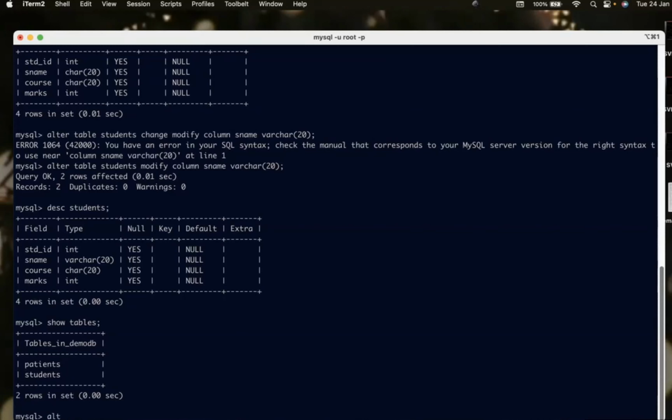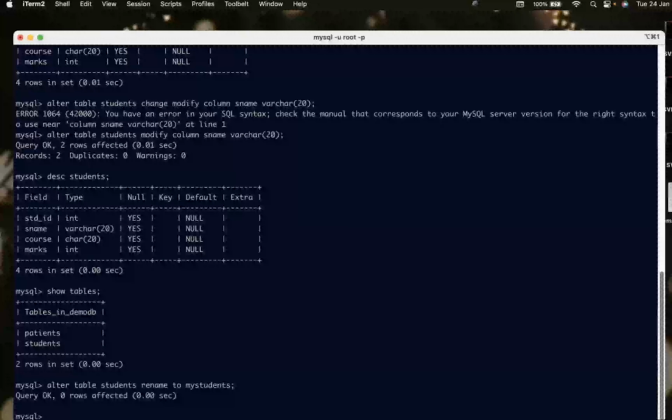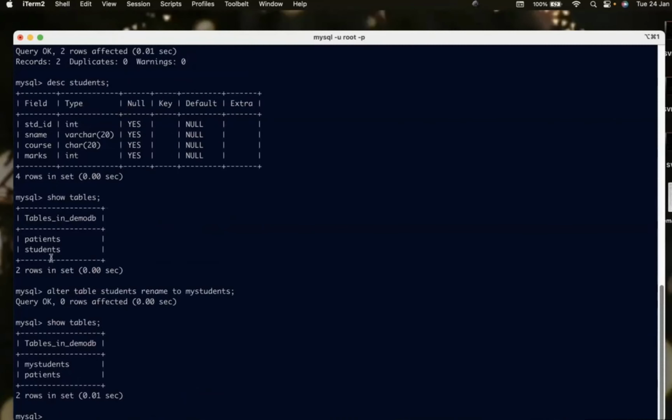We'll say alter table students rename to my students. Now if you see what tables are there in your database, students has been renamed to my students. If you say select star from my students, you will see the same records,